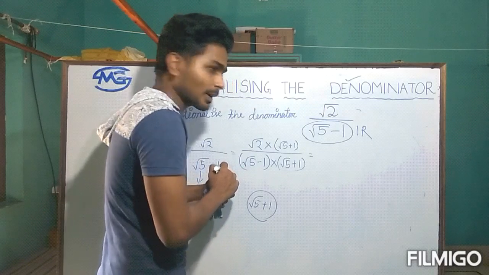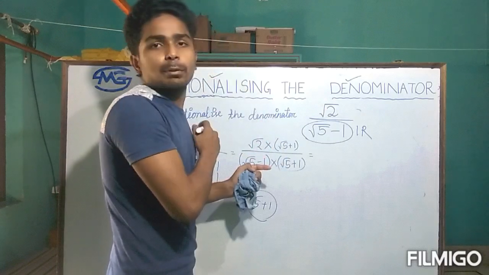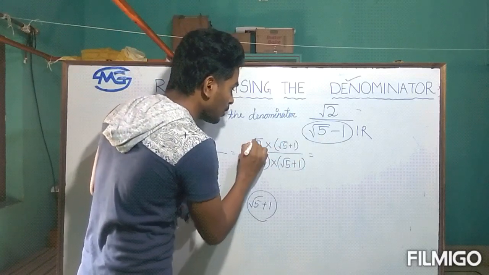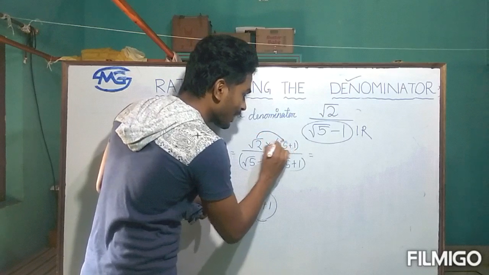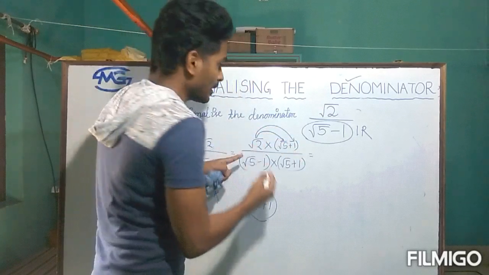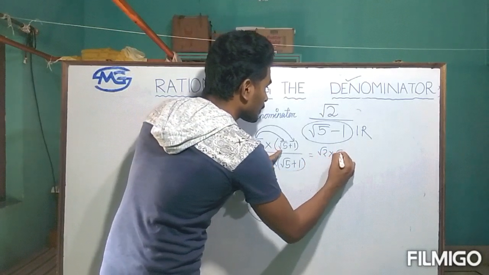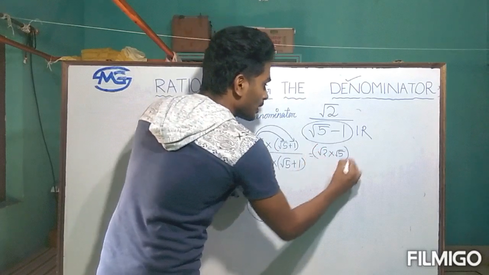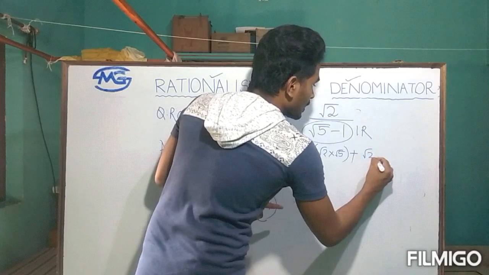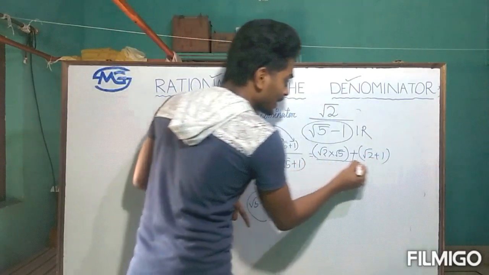It has two terms, and these can be multiplied using the distributive law. How? Root 2 into root 5, then root 2 into 1. So root 2 into root 5 plus root 2 into 1. Here we use the distributive law, divided by